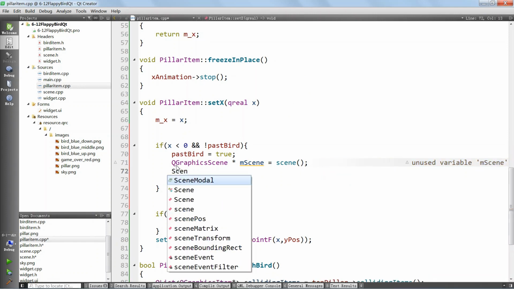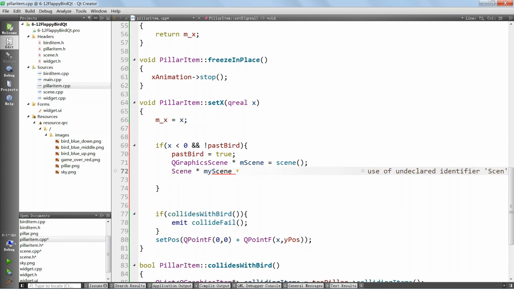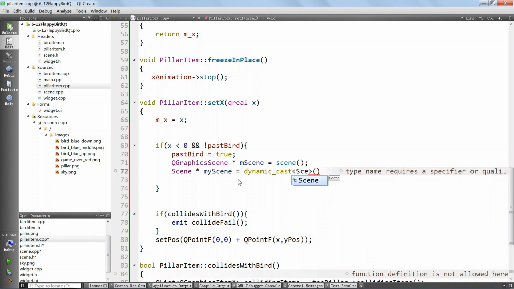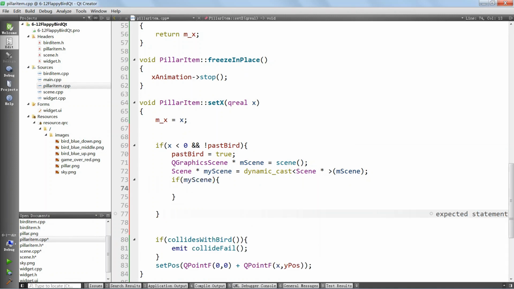And let's go down again. And we're going to say Scene pointer myScene equals dynamic cast. We want to cast to Scene pointer, and what we want to cast is mScene here. You can name these things however you want. And I should say, if we can cast and store the casted value in myScene, we're going to fall in here and we're going to call a method to increment the score. We don't have this method yet, but we're going to define it. We're going to say myScene increment score,